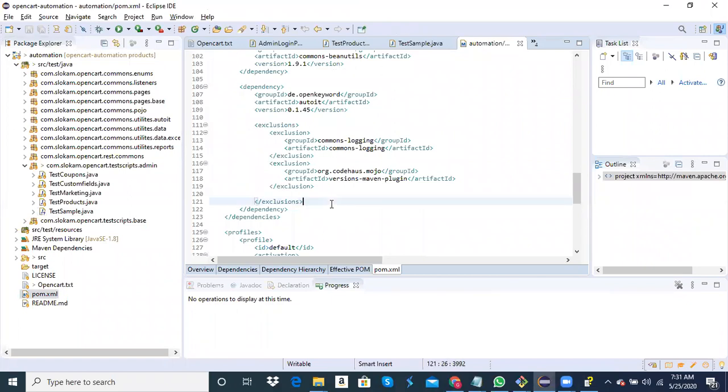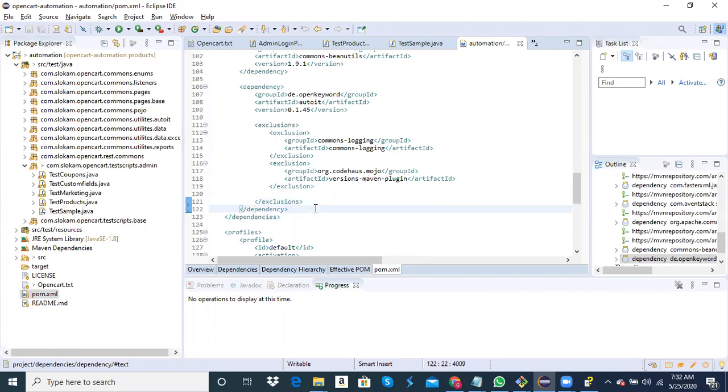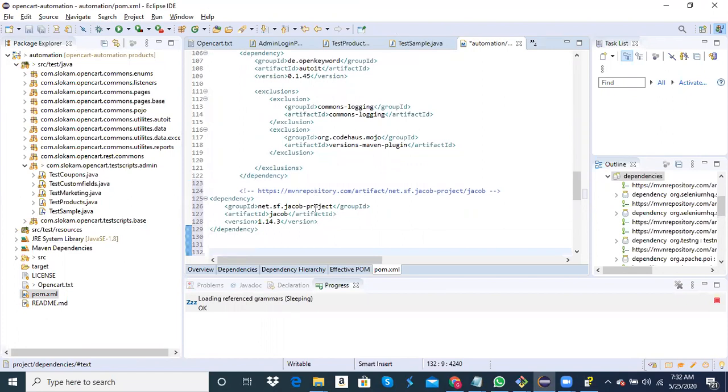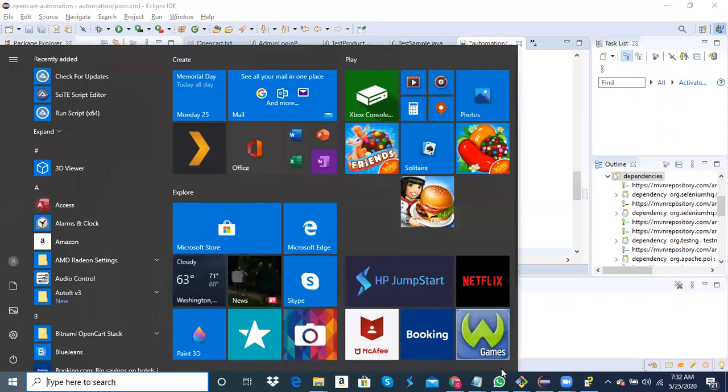So after this dependency, the next dependency is about Jacob. That is one dependency. The other one is